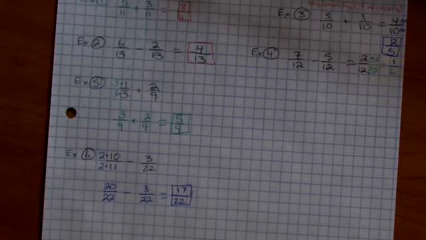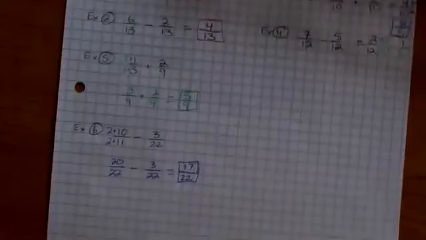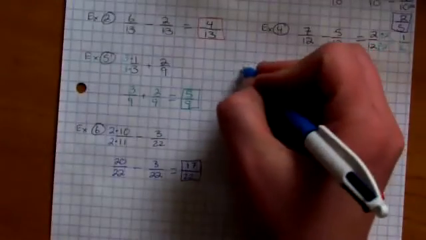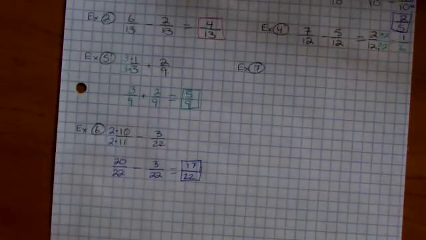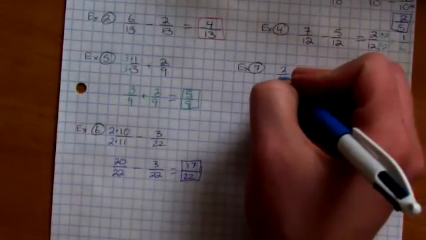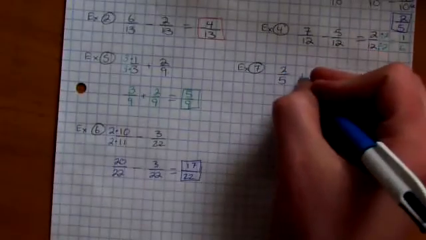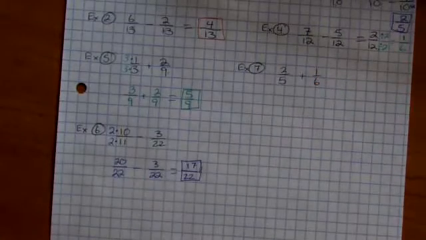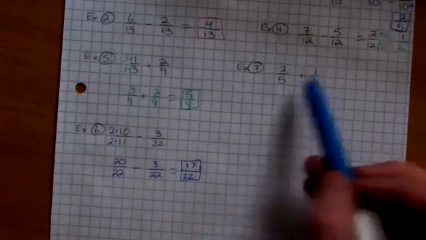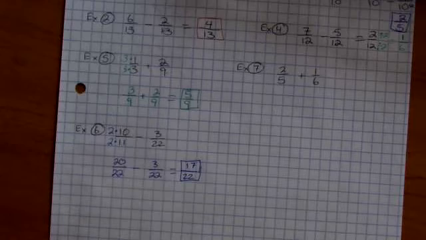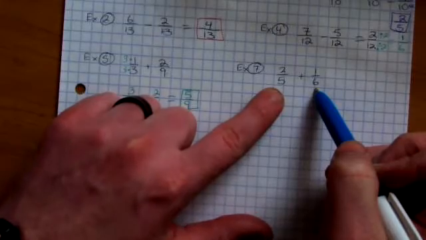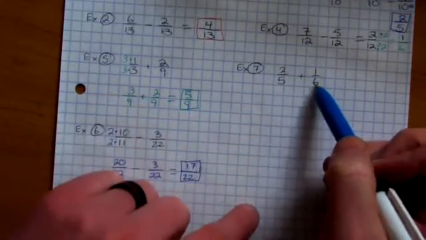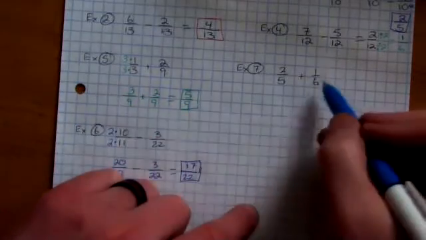And let's do 2 more examples, just like we did with the first little section. So let's do example 7, which is going to be 2/5 plus 1/6. Well, we're not common. What is the least common multiple between 5 and 6? When we have something like this, the easiest thing to do is multiply by opposite denominators. So we can take 6